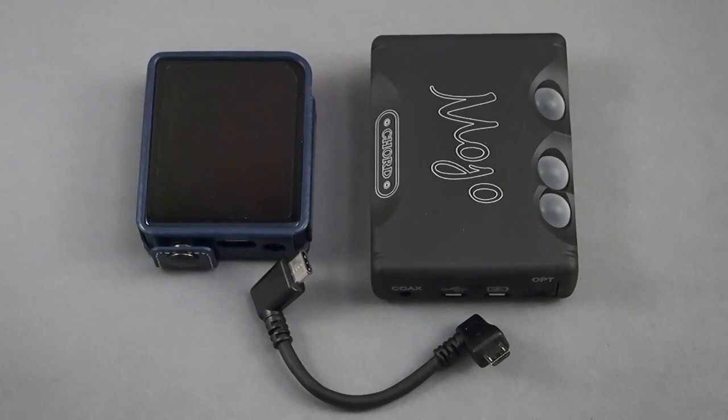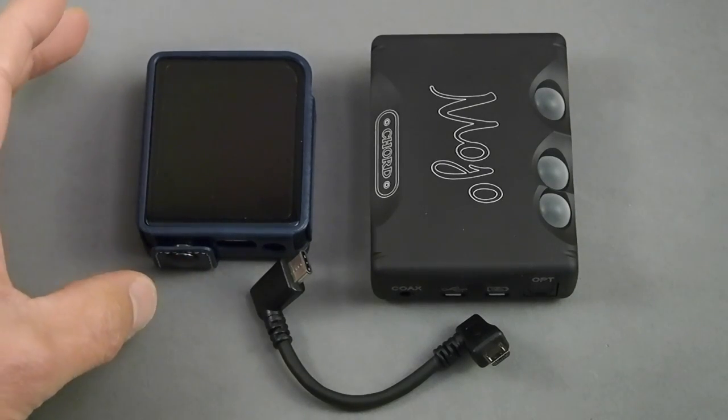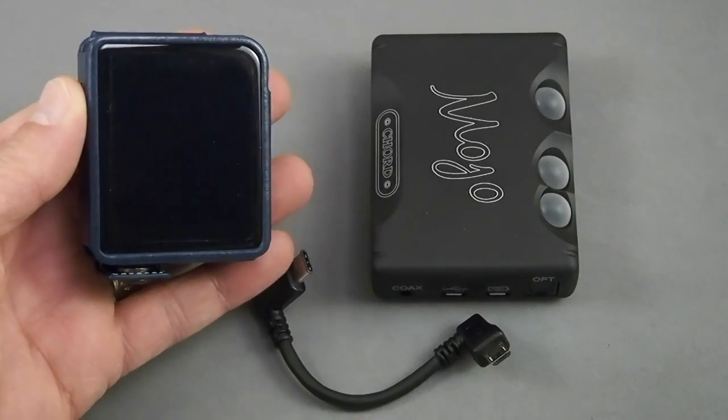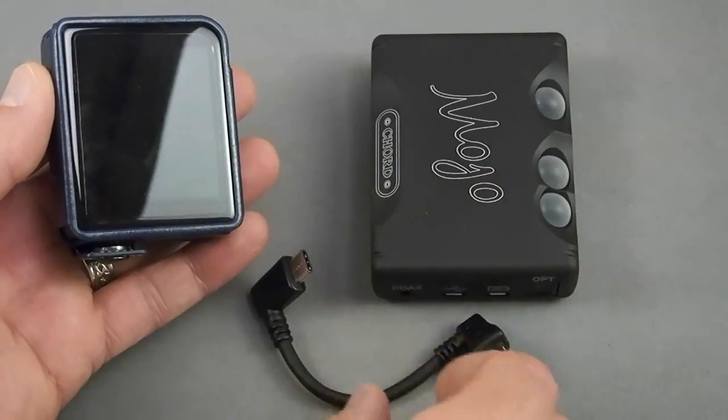and show you how I connect that bad boy. So one of the reasons that the M1 is so talked about on HeadFi right now, I mean, it's not just because it's so damn tiny and cute. This thing is really cute and pocketable. It's a really easy DAP to pop in your pocket if you want a better solution than just listening to your phone. Then you can take this guy along on its own. If, however, you want to use it with something like your Mojo, you know, get your Mojo on, baby, then